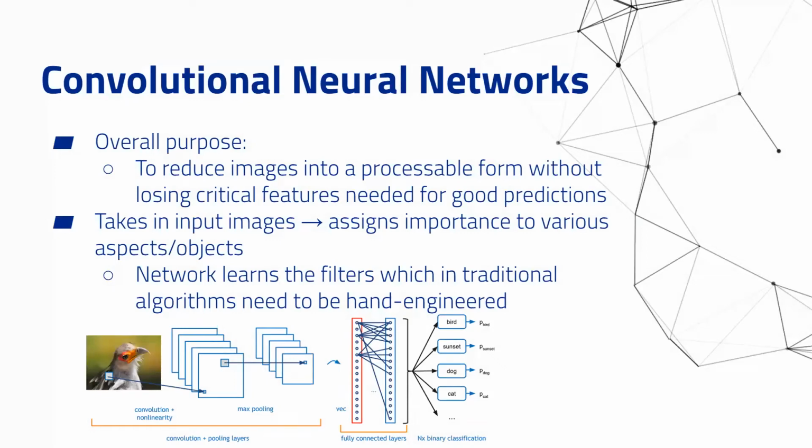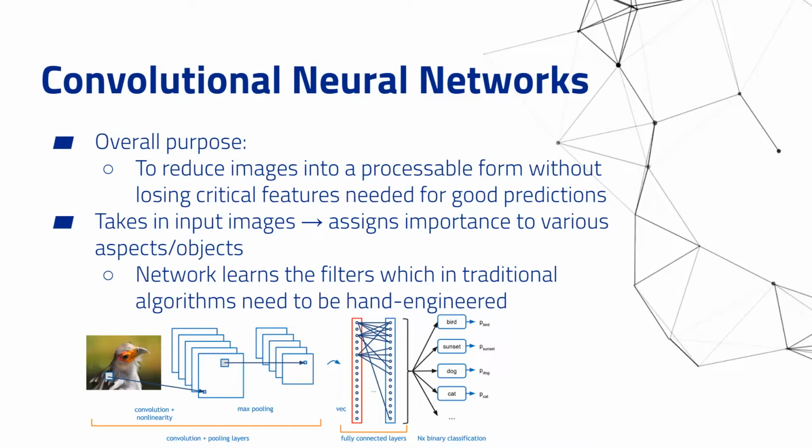And there are a couple of neural networks that we can use. One of the very popular ones, especially in image processing or image recognition, is called the convolutional neural network. And the overall aim of this neural network is to reduce an image into a processable form. So what it's trying to do is pass one image through a couple of filters. And then after it's passed through each filter, it's also going to do something called pooling. That's reducing the size of the image. So through these cycles of filters and pooling, it's trying to reduce the size of the image and also extract useful features from this image.